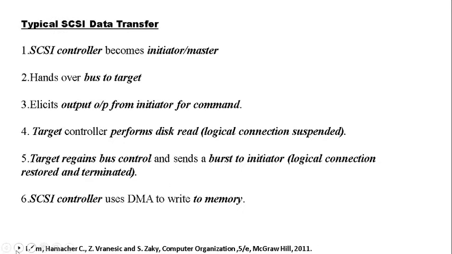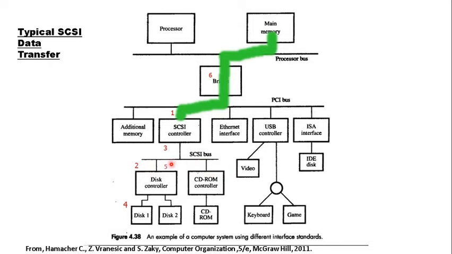When through this arbitration mechanism it gets its control over the SCSI bus back, we are logically restoring the earlier suspended session. So this burst will constitute that restoration. A particular transfer of a file may span multiple bursts, or multiple suspension-resumption cycles. That is typical of any SCSI bus transfer.